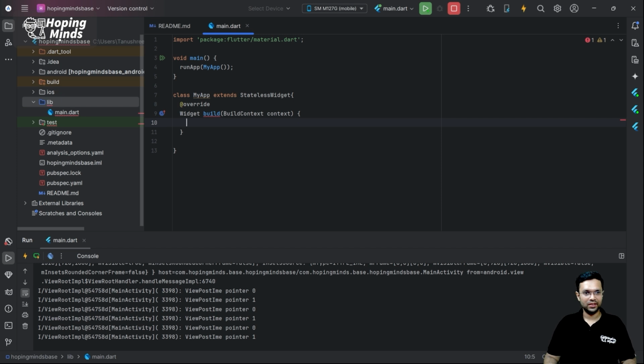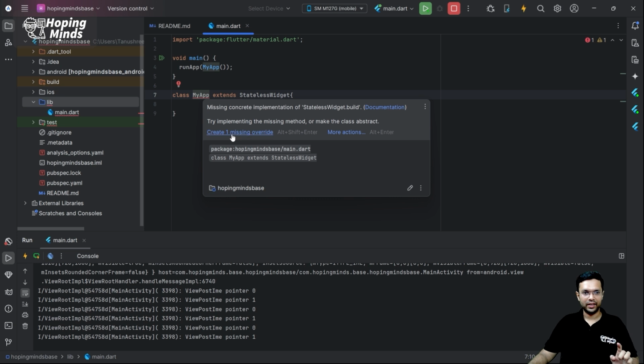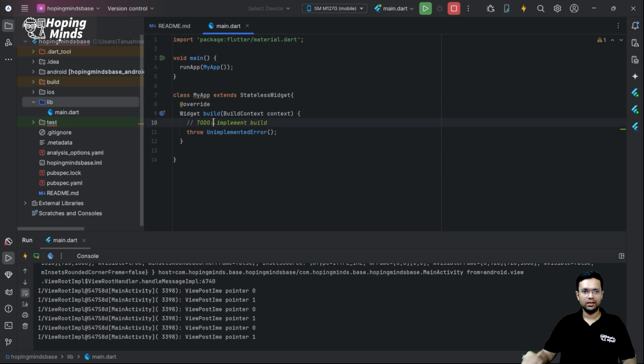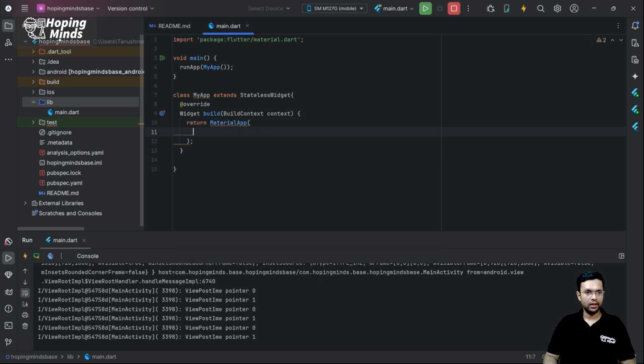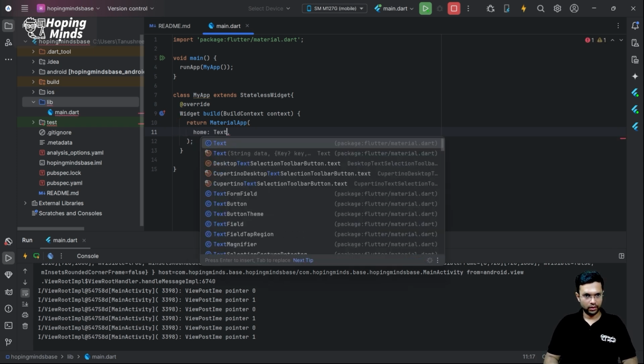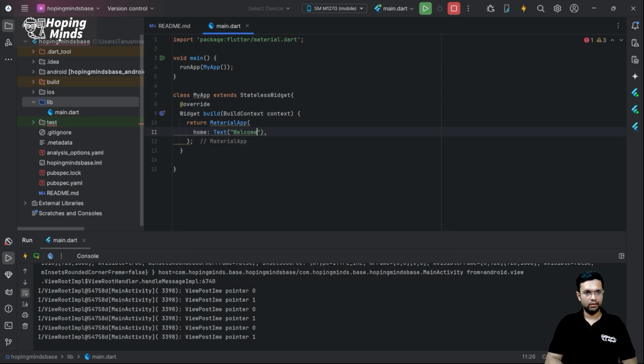So let me just go over here, and I'll take this suggestion to create one missing override. What you notice is it wrote some code. Now over here, this widget is something which we will be displaying on the screen. So what I'll try and do is put a return as something called a material app, and I'll put home, a text, welcome to Hoping Minds